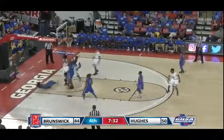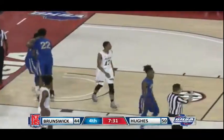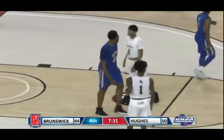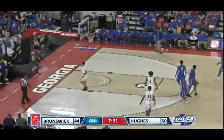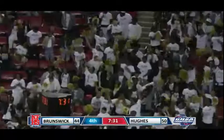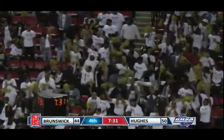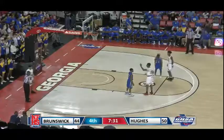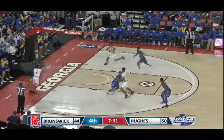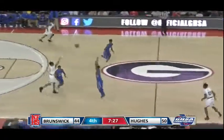Lampkin hoisting a high layup, no good. And now we've got a foul. That'll be against the Brunswick Pirates. Another over-the-back situation here on the offensive glass. Costly foul on the Pirates. And now 3 fouls in the first 30 seconds of this fourth quarter. That last one charged to Dunham. He's got 3. A 6-point lead for the Panthers. They have the basketball. And the next foul from the Pirates will